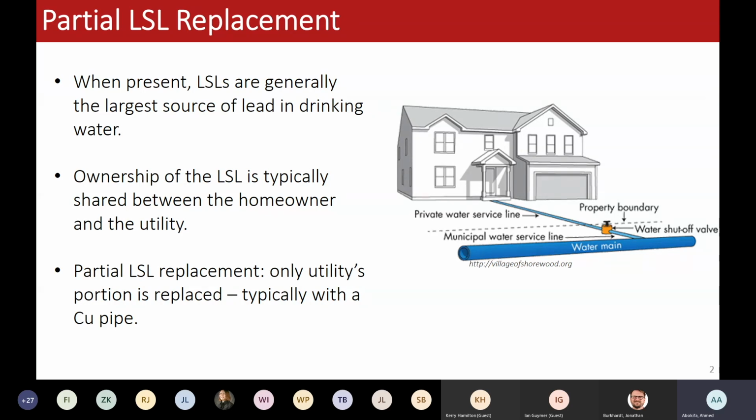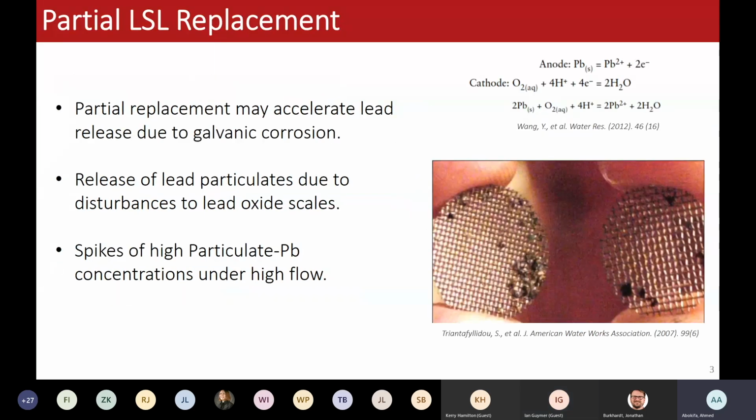And in partial lead service line replacement, the utility would just come in and dig out their part of the service line, replace it historically with a copper pipe, and leave the homeowner's part of the service line in place. They do that thinking that this would actually reduce the lead release from the service line, but a lot of studies have shown that this is usually not the case, that partial lead service line replacement may in fact accelerate lead release due to galvanic